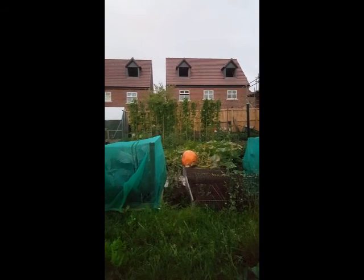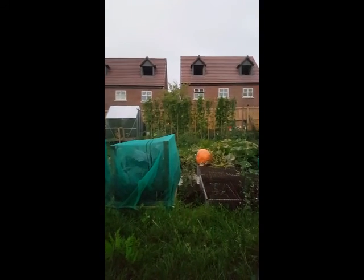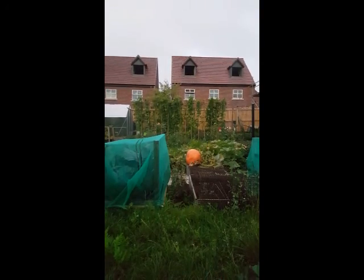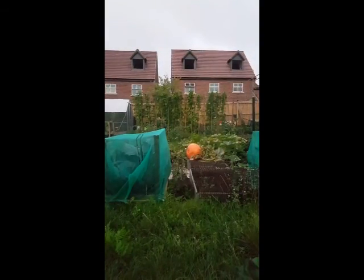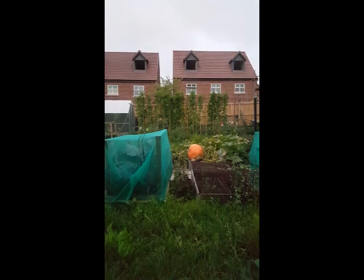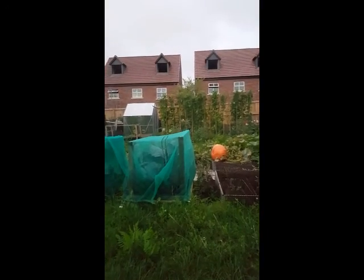Morning everybody, it's 6 AM, it's just getting light now, street lights are still on. It's the day before show day, so everything's going into preparation today. I'm harvesting my butternut squash and the pumpkins and just letting them dry out really. I'm going to use both tomorrow in the show, top tray, so I shall crack on, set up, and be